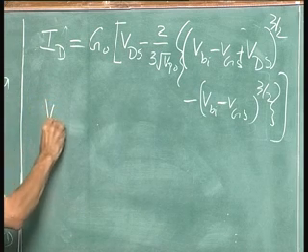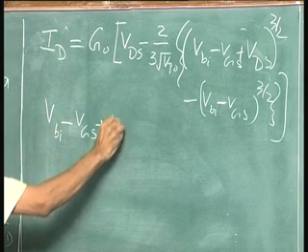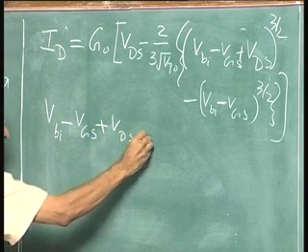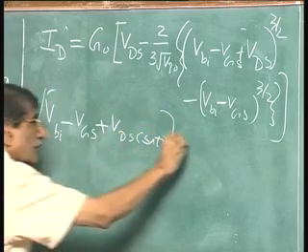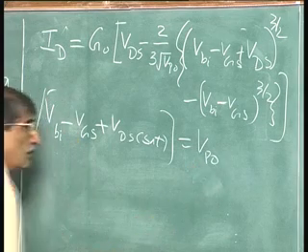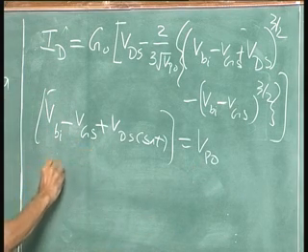That happens when V b i minus V g s plus V d s saturation voltage is equal to V p 0. Also, all that we have to find out is substitute for V d sat